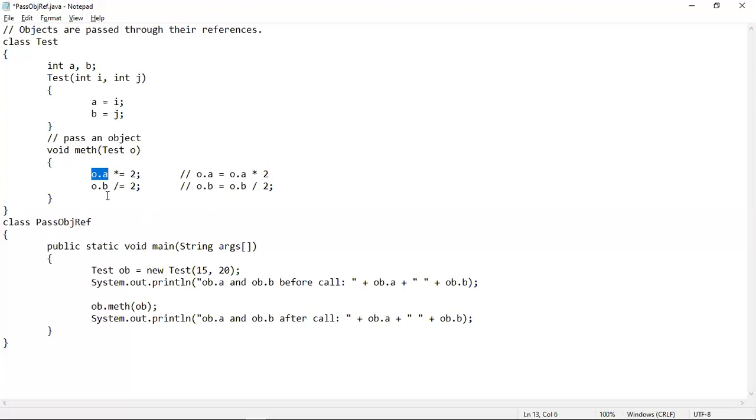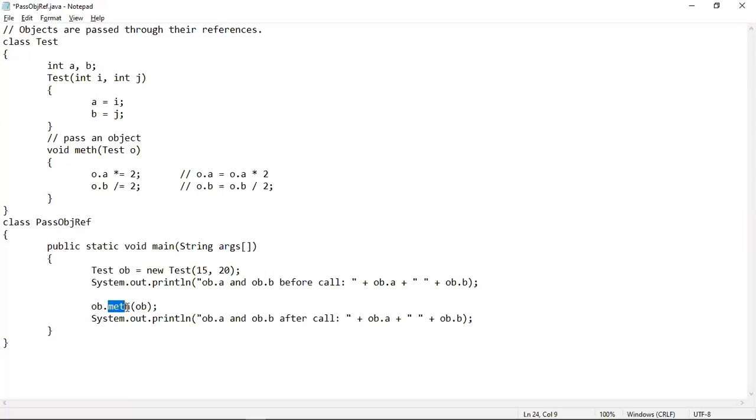That means if we pass an object to a method, we can easily change the values that have been passed into the instance variables using the same object. Before this method was called, the values of the a and b instance variables were 15 and 20, because these values were passed to them using the object ob.